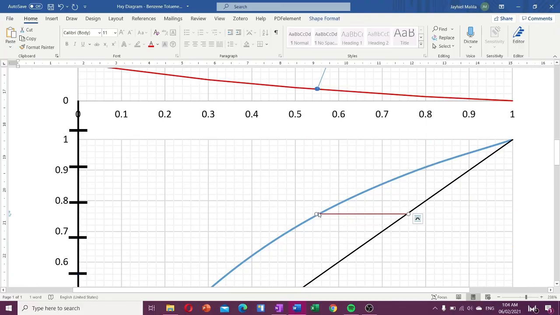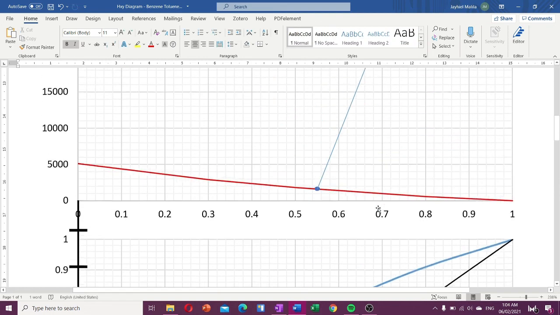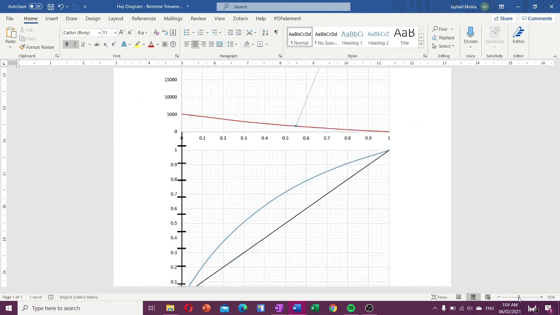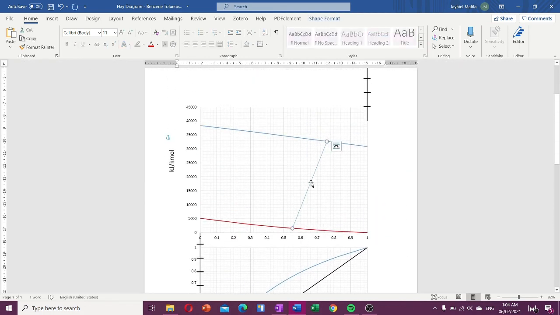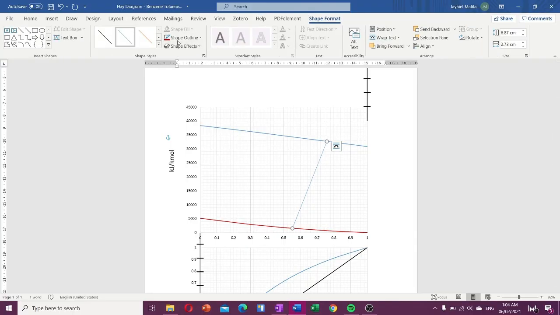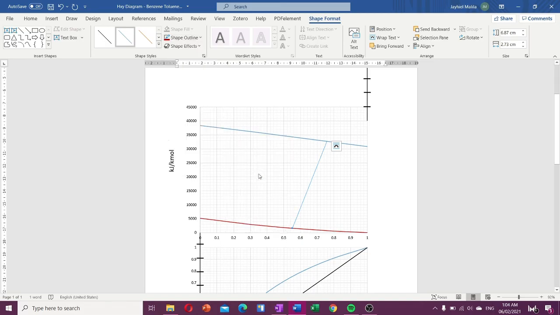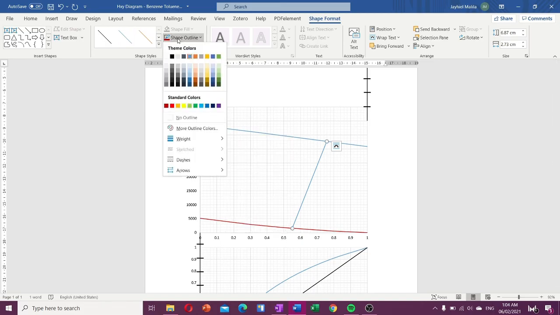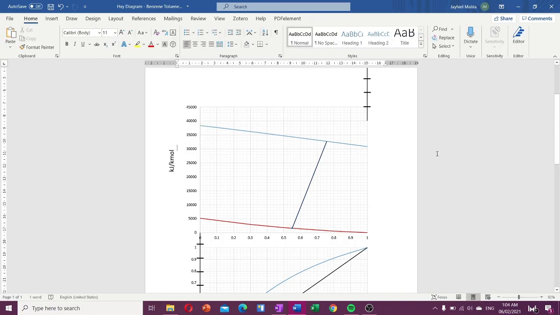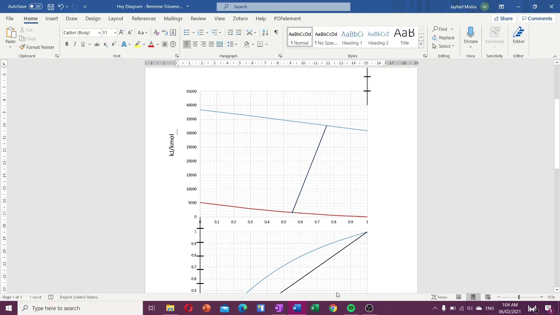How am I going to remove you? Okay, here, it's already removed. So we have already the tie line. I think I need to increase the weight, because if you increase the weight, it's easier to have a grip on the line. That's the extended tie line, the tie line that will pass through the feed point. Okay, the next